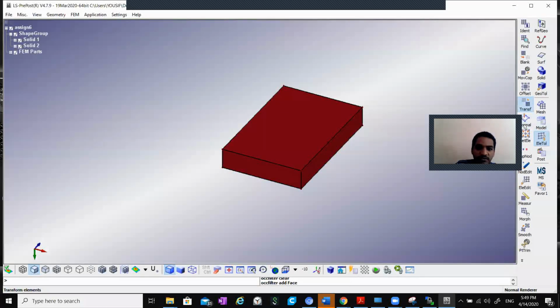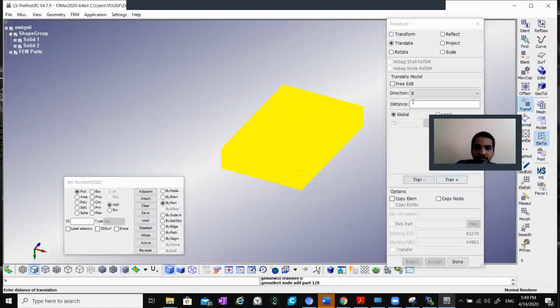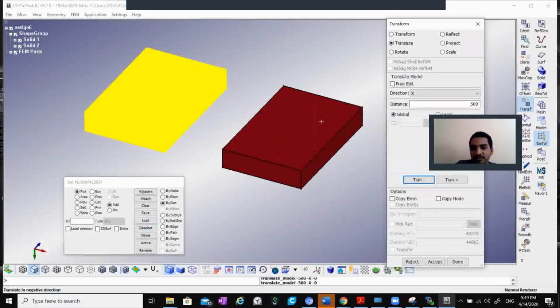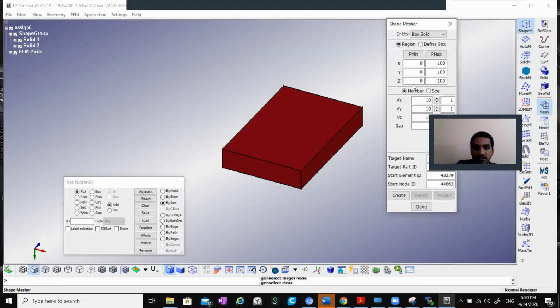So when we move this box, it's just going to move the nodes, right? So if I select this by part and then start moving it, you see, you will have the box here, still here. So it's always easier to move the wall and have the box going vertically or diagonally. So that's why I always try not to move the box, but go to shape measure, and then we can